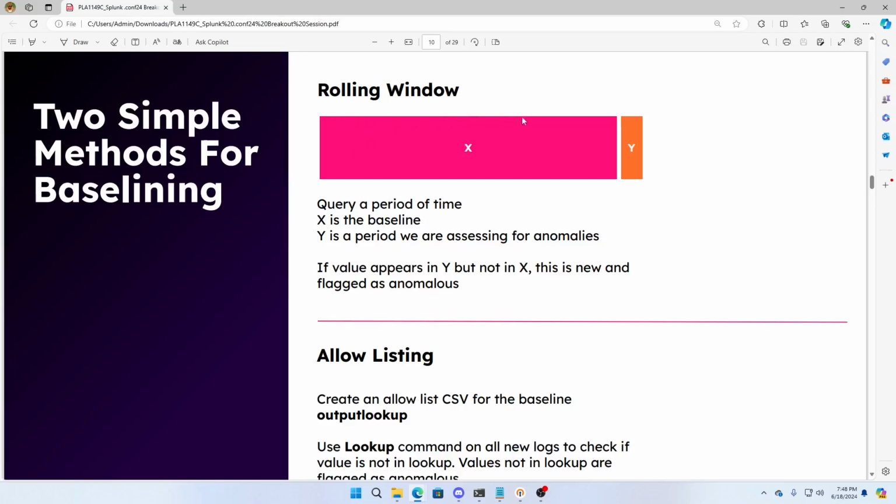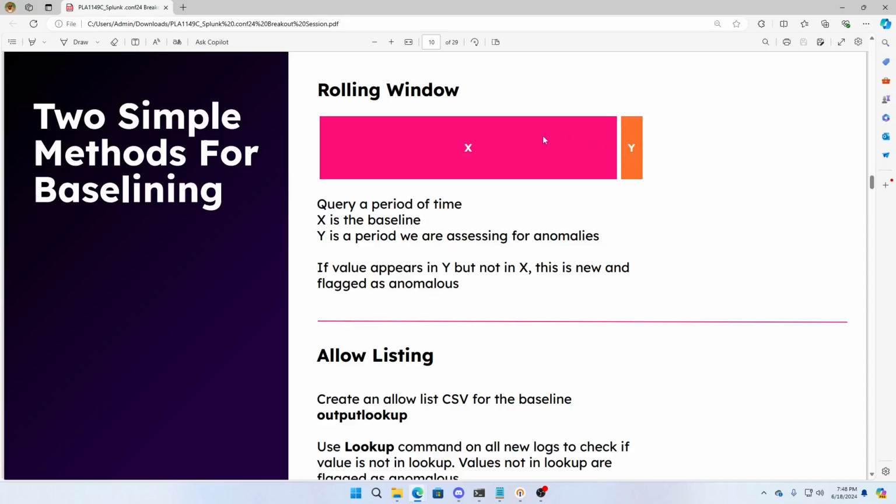The concept is we're going to use this little bar here. We've got an X, we're going to say this is a full line, and this is a timeline. So this might be one day, this might be a week, a month, a year, whatever the case may be, 3 months. And this is a historical part of that time. So let's say it's one day. This could be 23 hours. This could be a week, so this could be 6 days. This could be a month, so this could be 29 days. This could be a year, so this could be 11 months, or the case may be, and Y is a portion of that time that we're